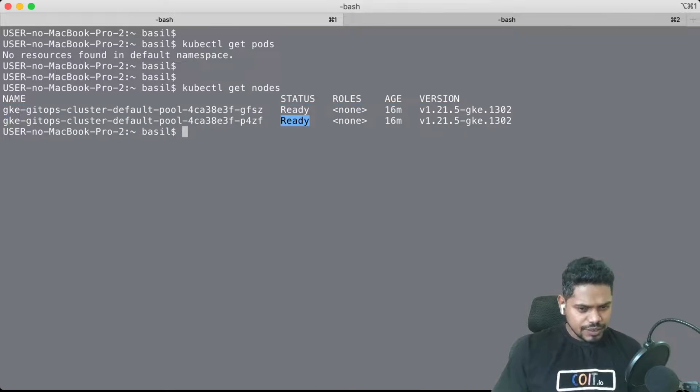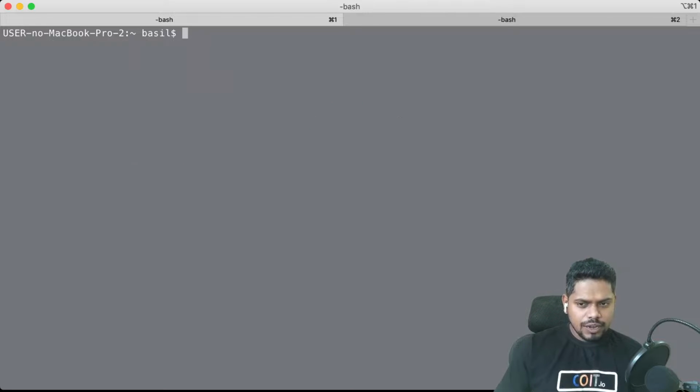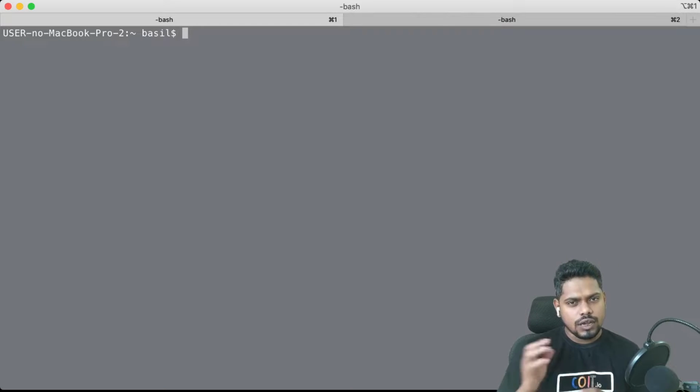You can see them. So now you successfully created your lab environment in the Google Cloud, and then connected to that cluster using kubectl from your laptop. So that's what this